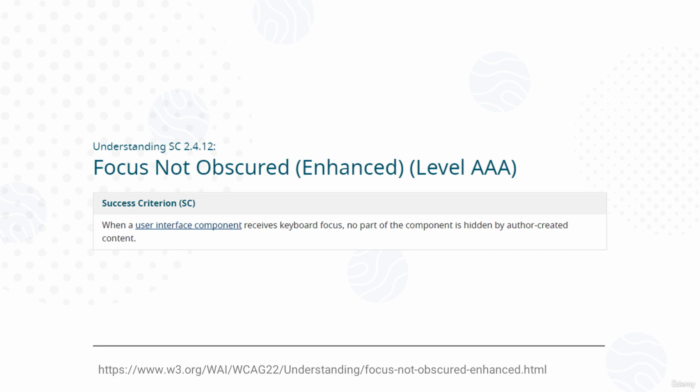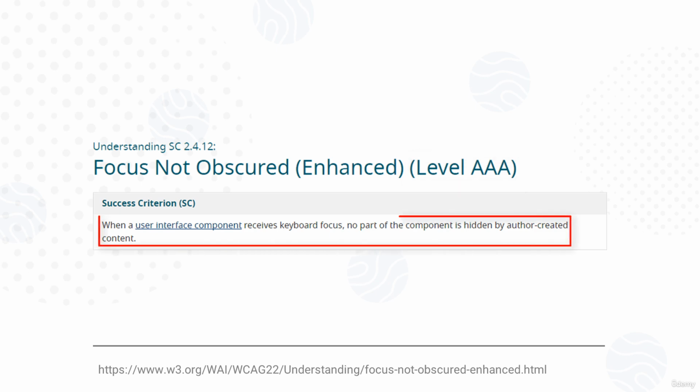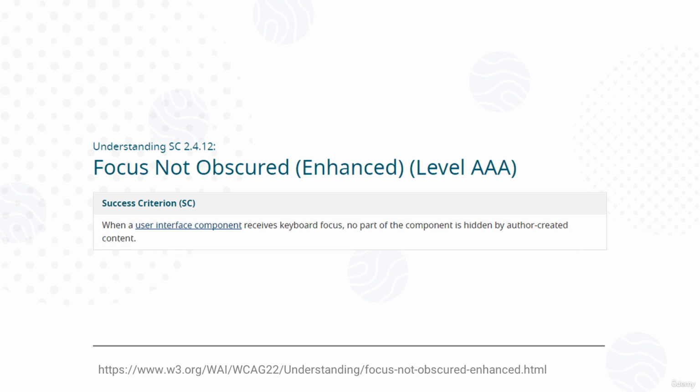2.4.12 Focus Not Obscured Enhanced is a criterion supporting keyboard users and those users with cognitive and memory impairments. It's a AAA criterion, and to pass, any UI component that receives keyboard focus is not hidden due to author-created content. Now, if you're working through the course sequentially, you may be thinking this criterion sounds very similar to Criterion